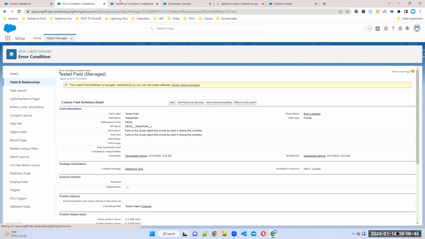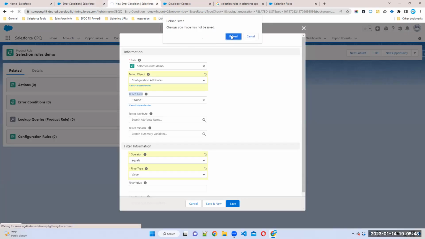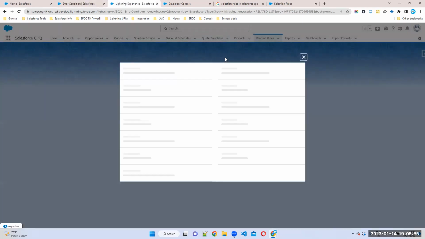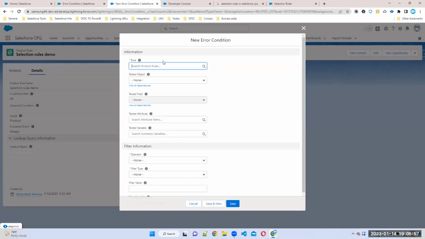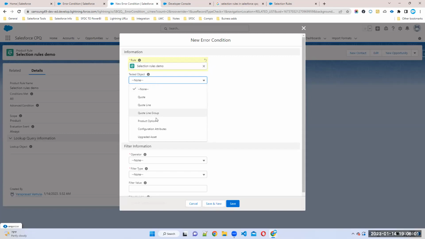Now this is there. Now if you go to your object, refresh the page. Once you refresh, now I can select your product rule. The object is configuration attribute object. It is not showing. Why it is not showing is, you can see there is something called field dependency. This is the controlling field. This is the